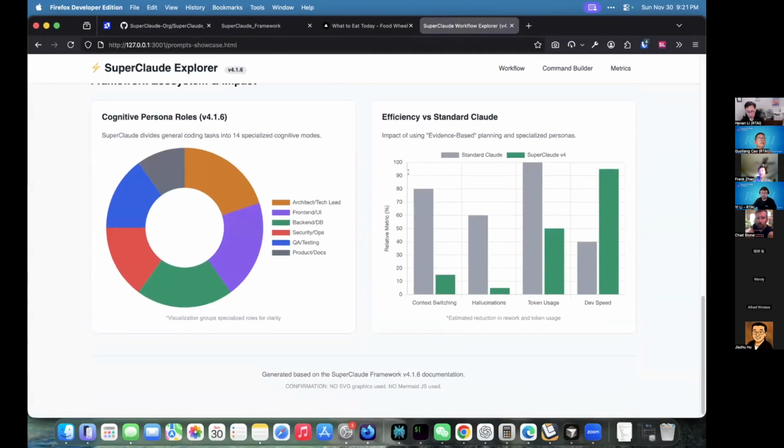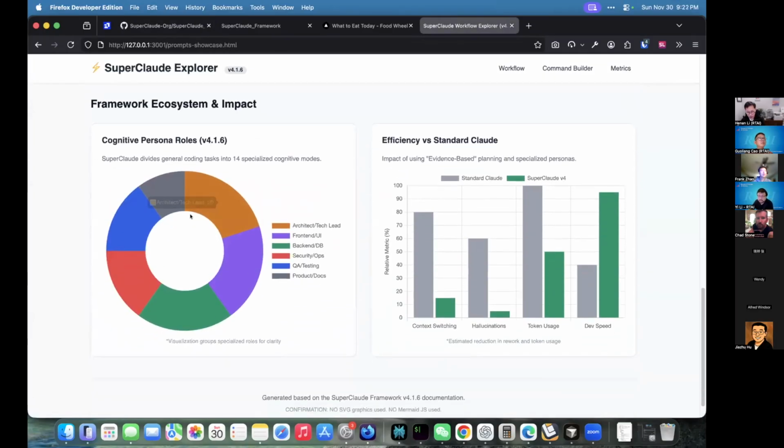So to wrap up the talk, I want to show a conceptual breakdown of SuperClaude. On the left is, by area of expertise, how many Claude Code personas or skills it has across different areas. So this is the rough breakdown in the latest version. And on the right side is showing